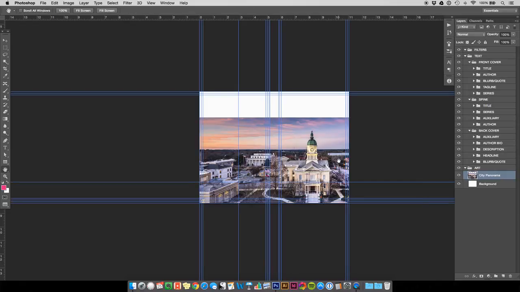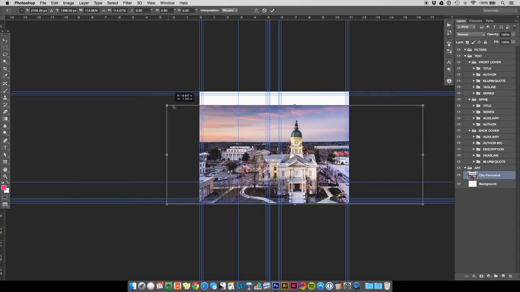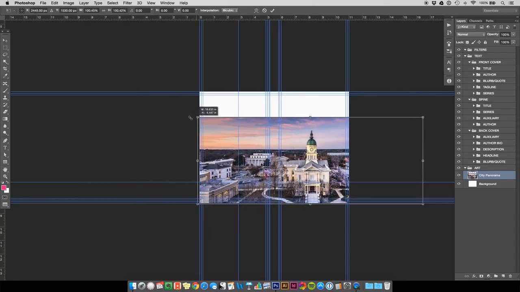Now, so I just hit Enter to accept the transform change. That was, again, Command T to select it. And then once you've scaled it, Enter. As you're scaling, if you hold down the Shift key, as you see these arrows appear over the little grabbers at the corner of the image, hold down Shift and that will scale the image appropriately without losing its aspect